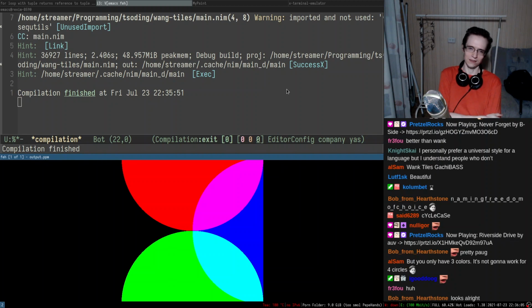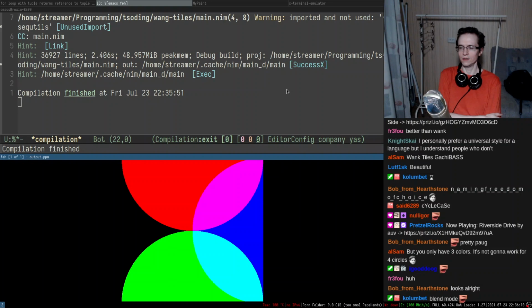This is how they blend, aren't they? When you combine red and blue, you have magenta. Yeah, so now they're blending properly. So the thing we're trying to generate in here, by the way, is Wang tiles for two colors. Well, we have more colors in here, but then we're gonna change the generator to have two colors in there.